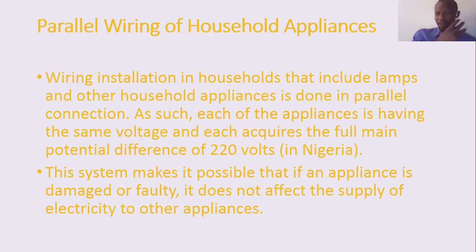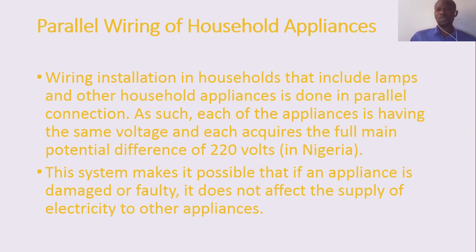So the 3 buildings, if you connect them in parallel, you connect the individual buildings to the electric pole, so that each of them will tap the same amount of voltage from the pole. So this kind of installation is what we call parallel. You connect all the 3 of them in parallel. You can as well connect your fan, your TV, and your iron in parallel by connecting the 3 of them directly to the source of electric supply.